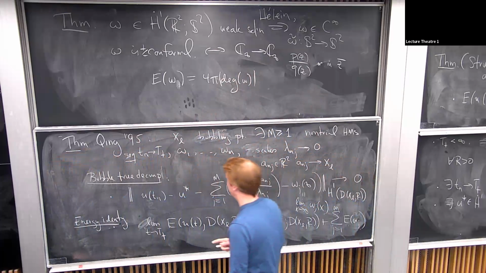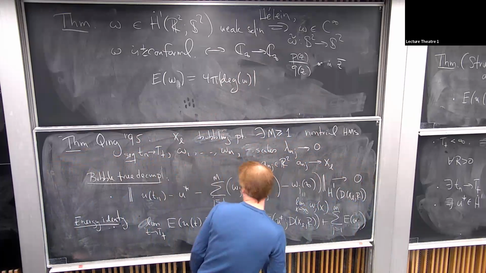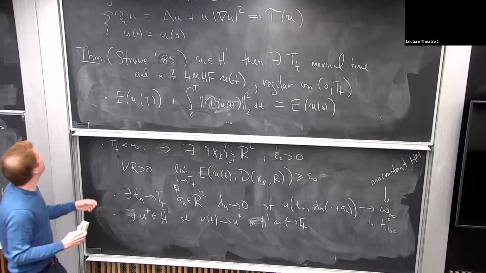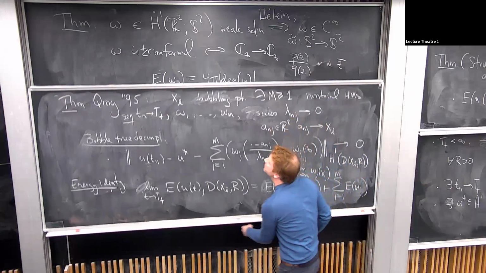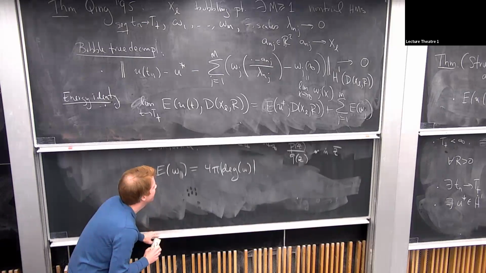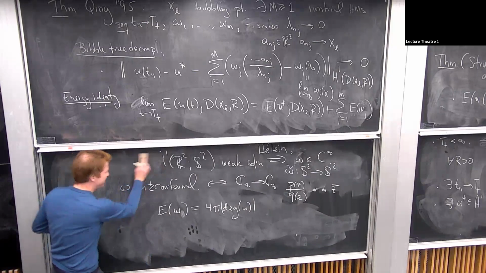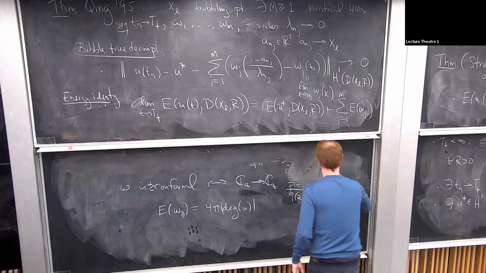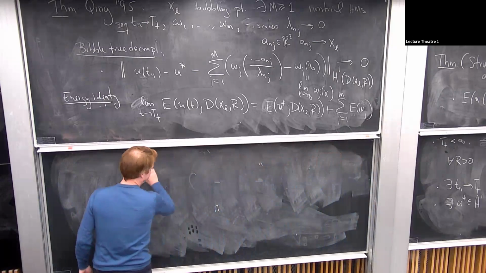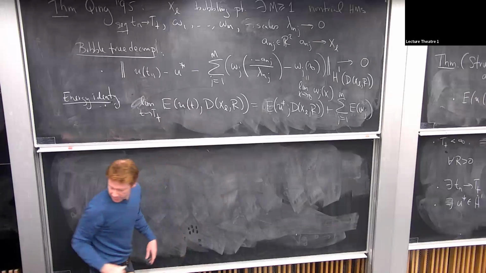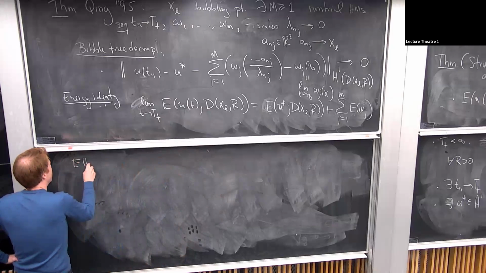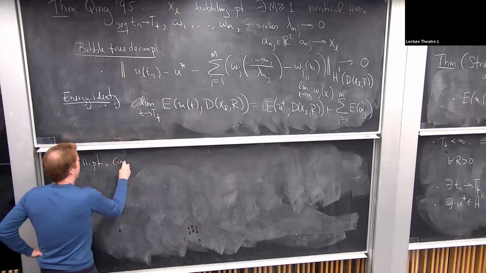Okay, so this is the Qing theorem. Where does this come from? I want to say quickly, so this is a deep theorem. I'm not going to even come close to doing the proof, but I want to show you the main ingredient of the proof. The main ingredient of the proof is an